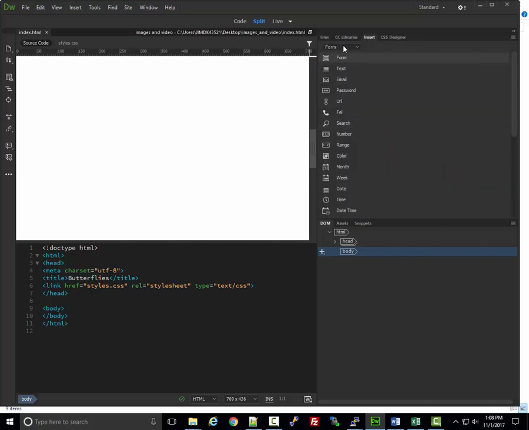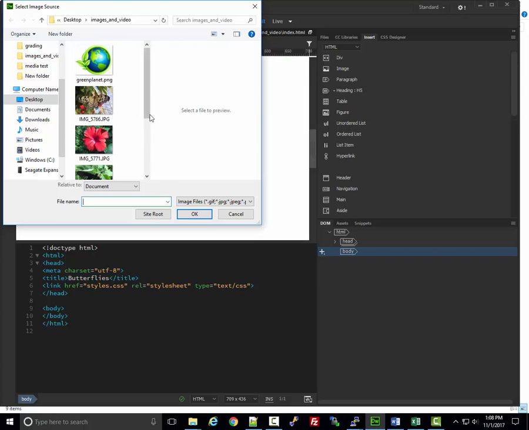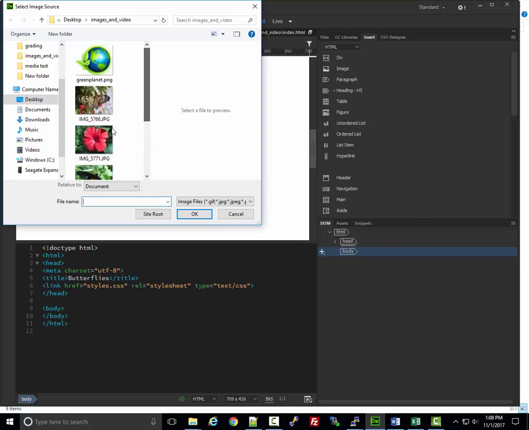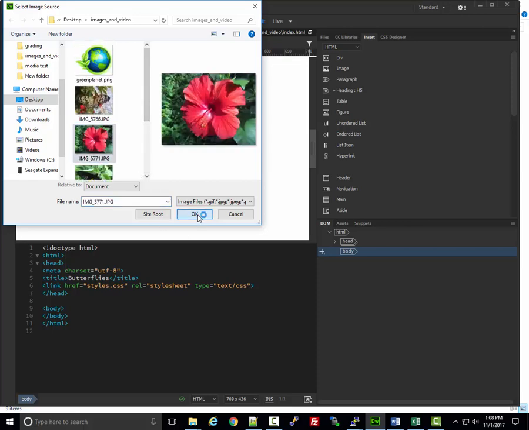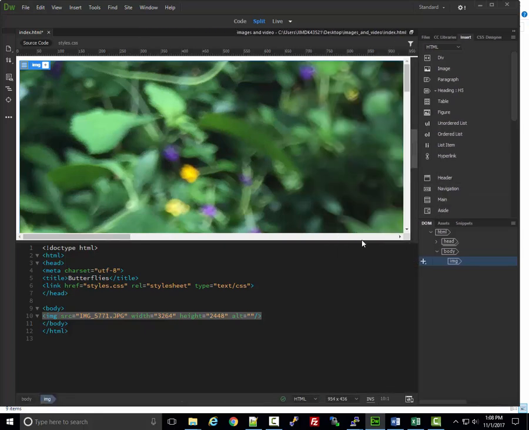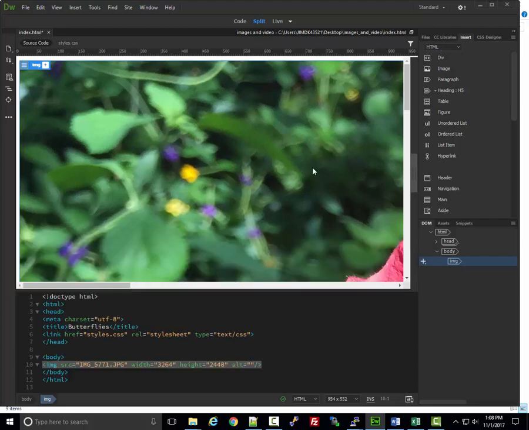Oh, insert under HTML. If we go to image, we get this menu where we can actually see the previews of the items. So I'll just grab this flower here, and we'll pop it on the page. And it is massive, right? The image is way too large, and so